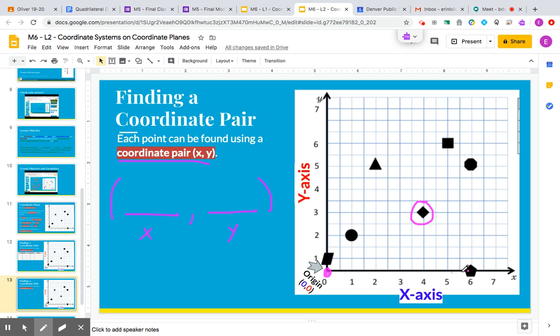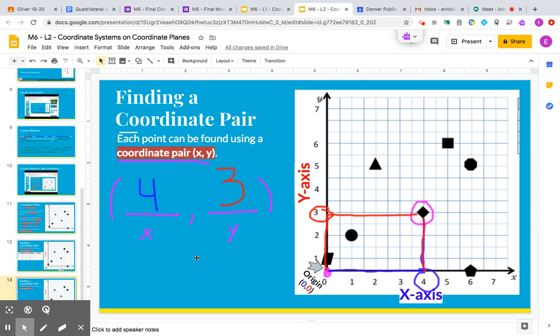I'm going to first look at my x-axis. I'm going to figure out how far to the left, or not the left, I apologize, how far to the right did I move? I went all the way over to this point right here, point 4, coordinate 4. I then have to figure out how far from the ground did I go, or how far on my y-axis up did I move. If I draw my lines, I can see that I went up to point 3 on